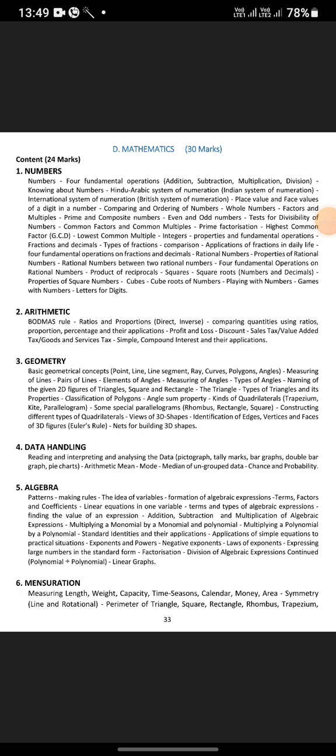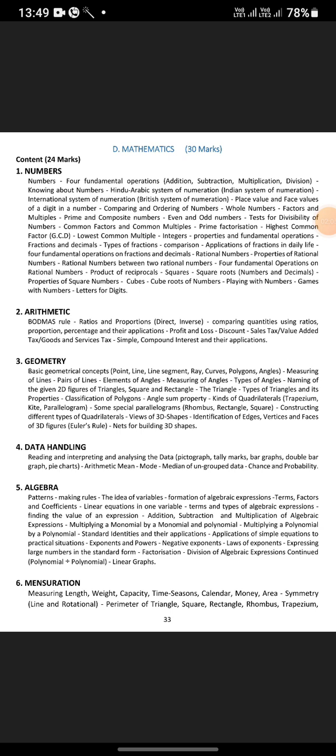of square numbers, cubes, cube root of numbers, playing with numbers, games with numbers, letters for digits, arithmetic, BODMAS rule, ratios and proportions, direct and inverse, comparing quantities using ratios, proportion, percentage and their application, profit, loss, discount, sales tax, value added tax, goods and service tax, simple and compound interest and their application, geometry, basic geometrical concepts, point, line segment,